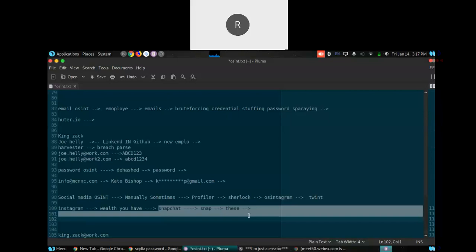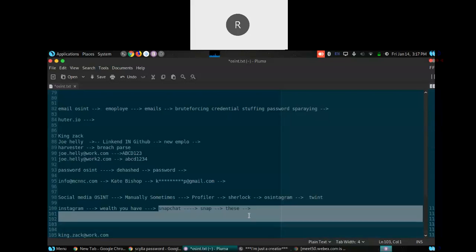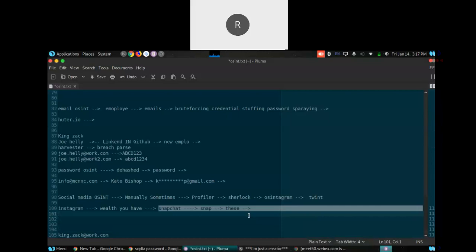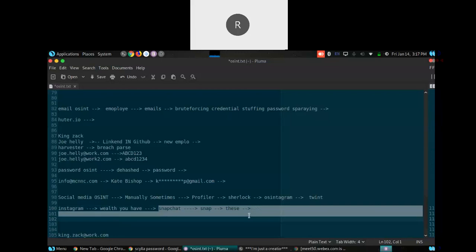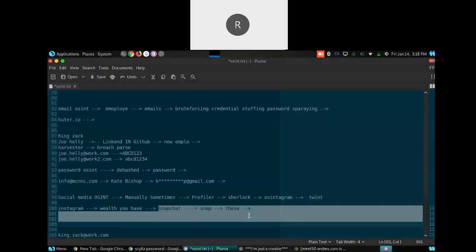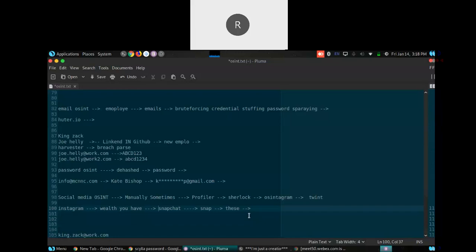Some other examples: I've read somewhere that somebody updated a photo on Twitter with their ID card, and the QR code was clearly visible. A hacker cloned that ID card using that photo. He said in his confession that using that photo, he cloned the ID card. So these are the things hackers and bad people, and even good people, use OSINT for.